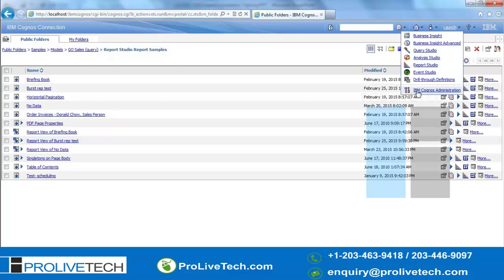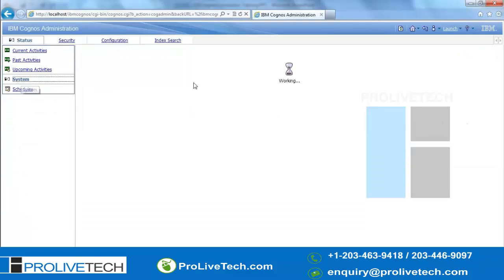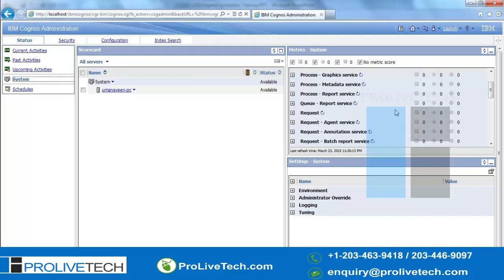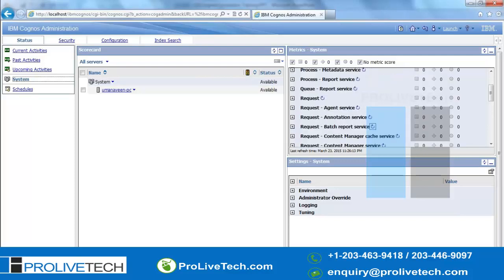All the schedules that have been created can be seen by going to IBM Cognos Administration. Again it will have the same options, but here the system tab is extra. Earlier, if you observe, we have only 4 options; we don't have the system option. So system will have all the options: what the system name is, how many processes are running, what the different services are, everything will be here. It's all admin related and will not provide any access to it actually. If it's a local machine, we are able to see all these things.